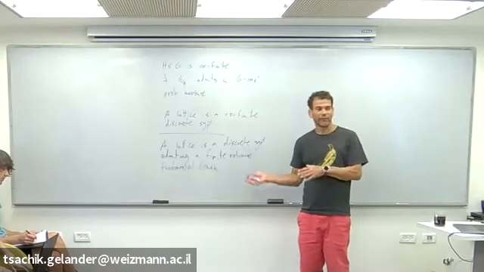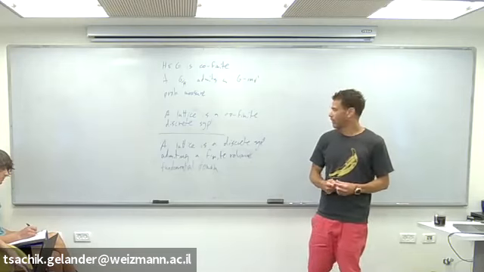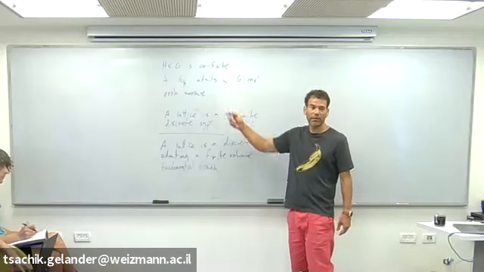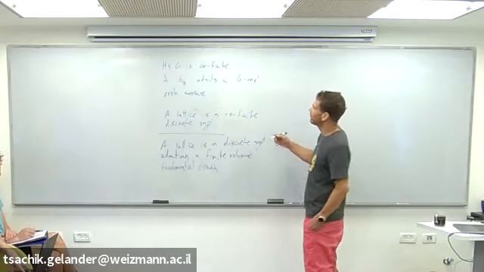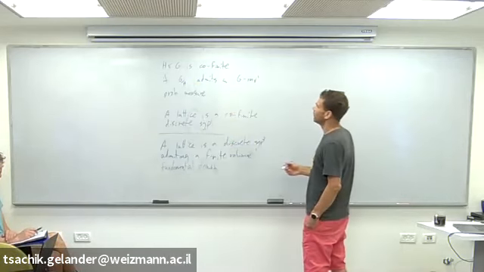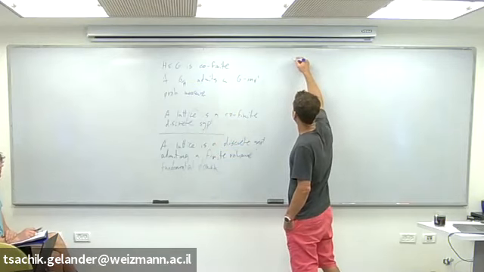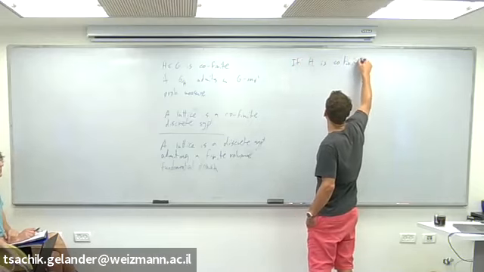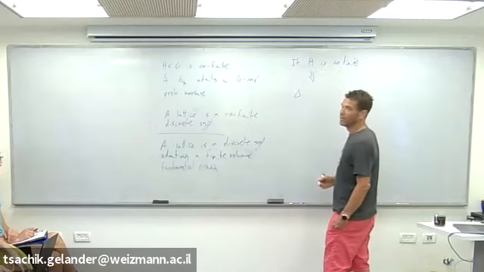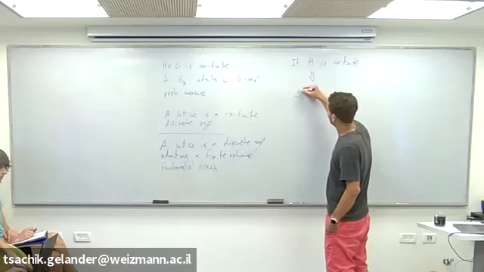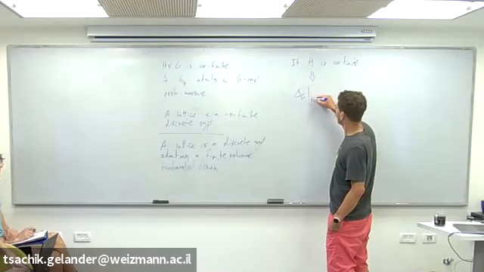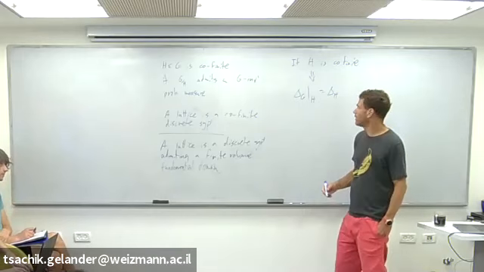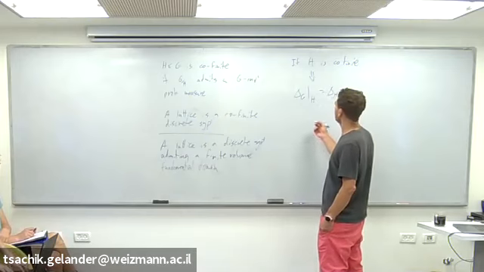And then there was the issue whether I used left Haar measure or right Haar measure. You can make it work, maybe not easily, but you can. Another way is to consider the fact that G mod H carries an invariant measure. This implies that if gamma is a lattice, if H is finite volume, then the modular character of G restricted to H coincides with the modular character of H. So in particular, if H is discrete,